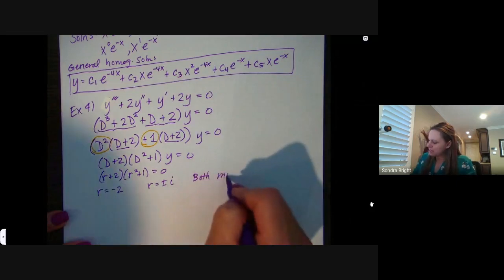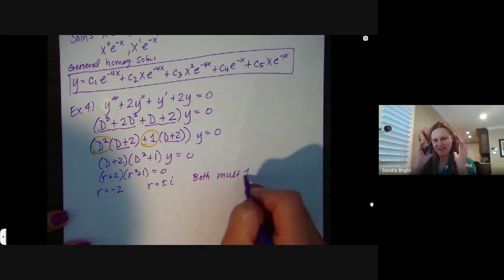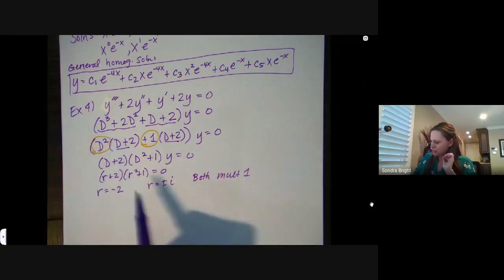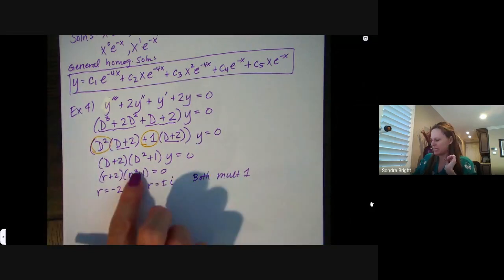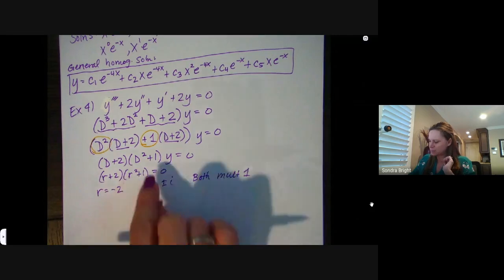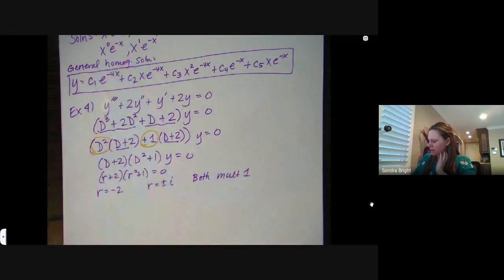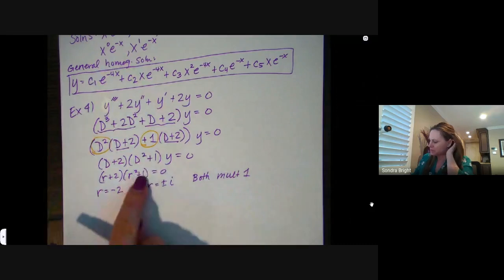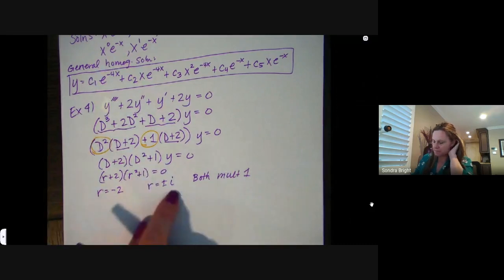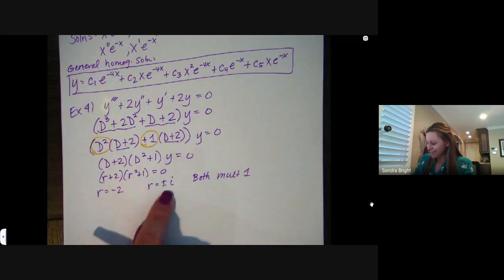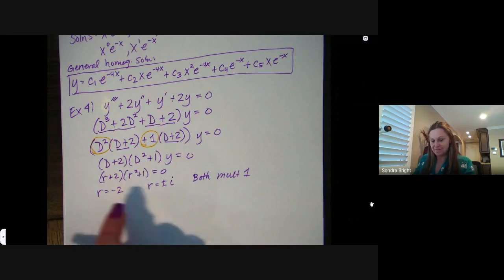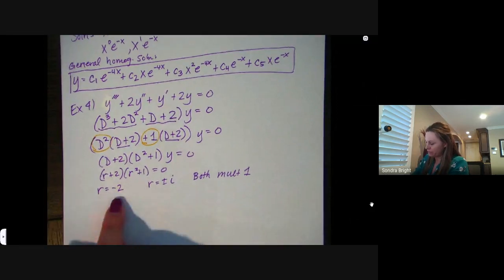The multiplicities come from the exponents on the factors, right? So I know you see an r squared here, but that's not a multiplicity. It would have a multiplicity if it had an exponent on the factor on the outside of the parentheses. The r squared on the inside, with that being a plus sign, gives me the complex roots there. Okay, so that guy's real, yeah? So that means that its solution for this guy is just